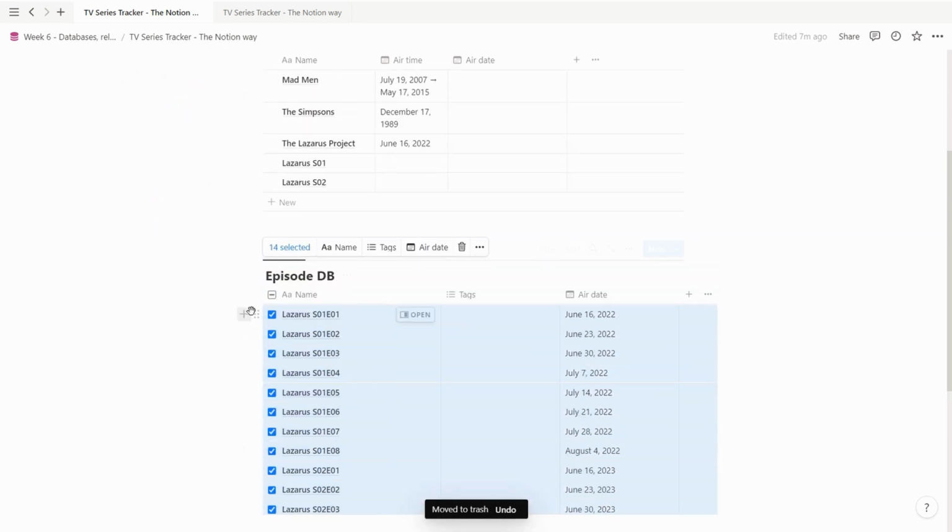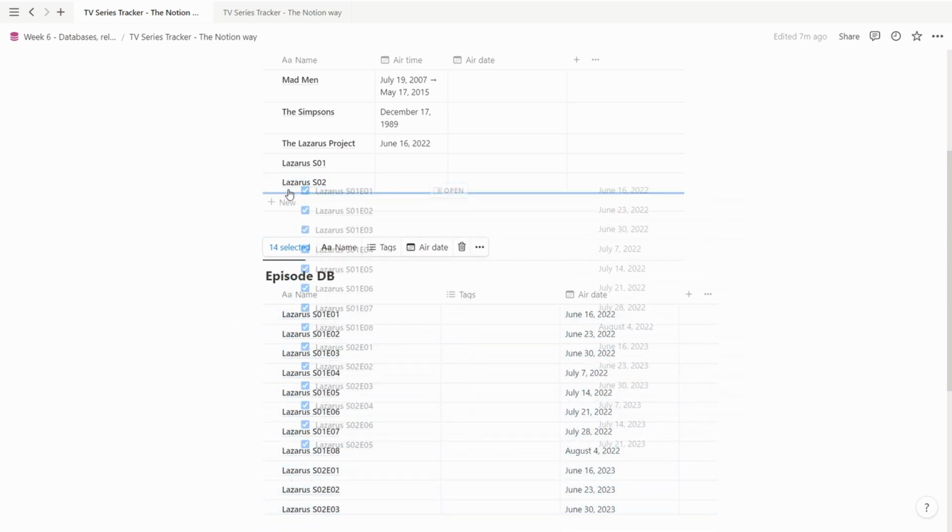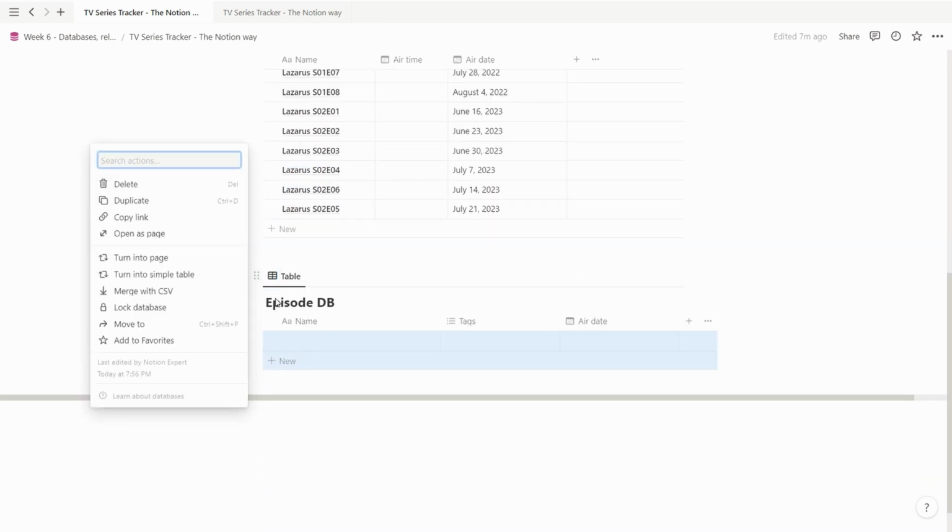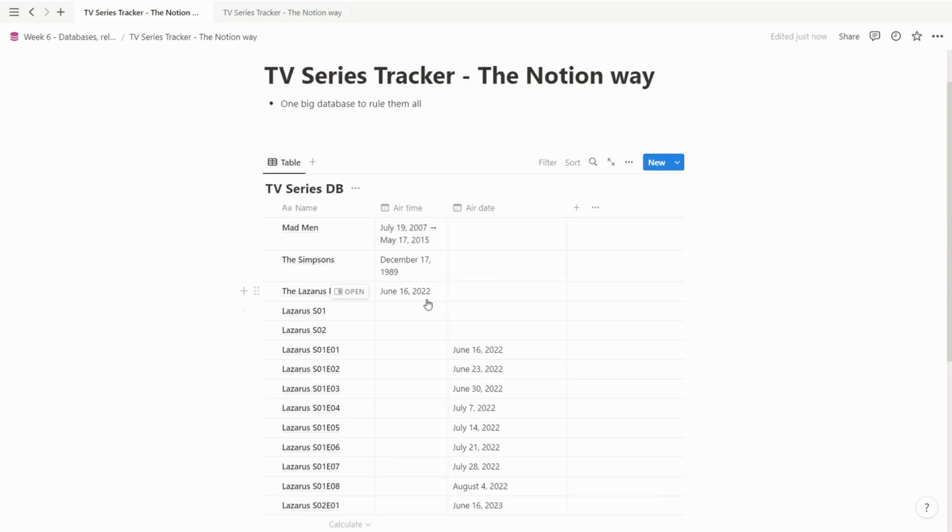and now that we have tested and feel confident in this operation, we simply select all the episodes and we drag them to the top. Now we can delete this lower table, the Episodes DB. Now we click the 6-dot menu and we press delete. Great, so what's missing now is the